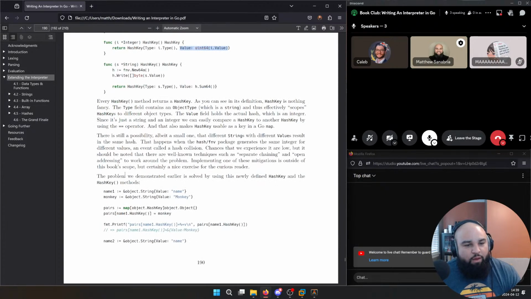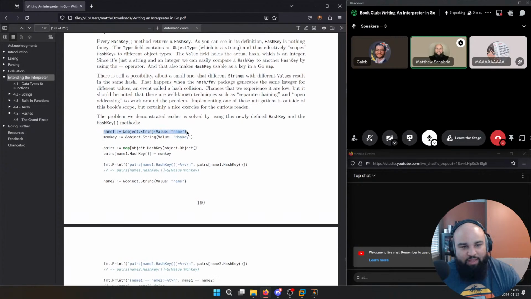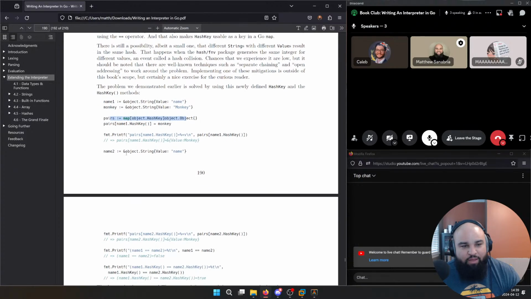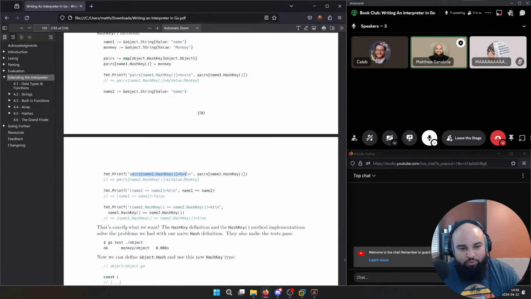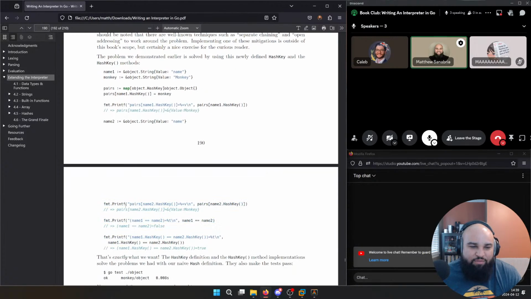So that's cool. Awesome. With that, he said, once we have that in place, now if we had name 1 and we put it in a map, and then we had name 2 that was a completely different way of defining the name, and we put it in the map as well, you'll see that they do actually have a collision here, which is what we want, because now we can go into the map and see if anything with that given key exists. Yeah, I felt like this maybe tripped me up the most. I would have liked them to just make an example test case rather than just running code linearly.